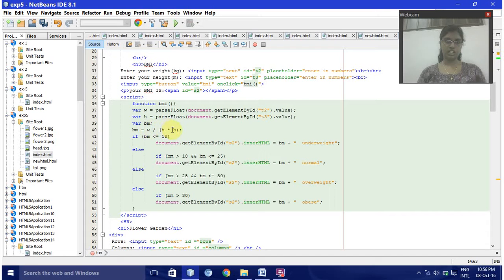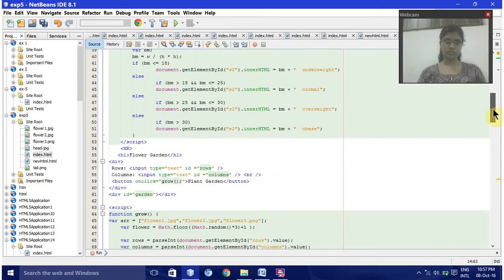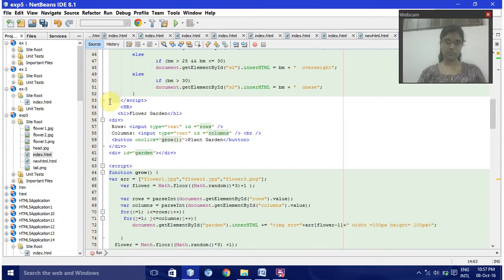and then BMI formula we are using, the weight slash height into height, and if we are using, if BMI is less than or equal to 18 we are creating, else we are using the BMI greater than 18 or less than 25, and after that else we are using this else if the same way we have created, then closing the script tag and then closing this. Then after that using flower garden rows and columns we are creating, input type text we are